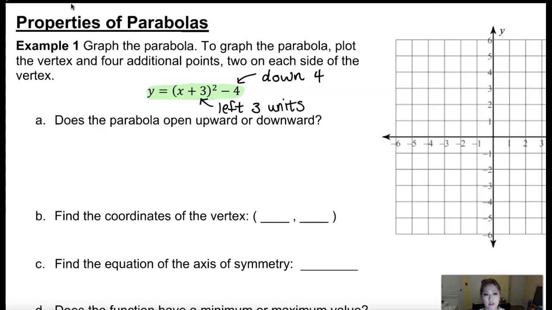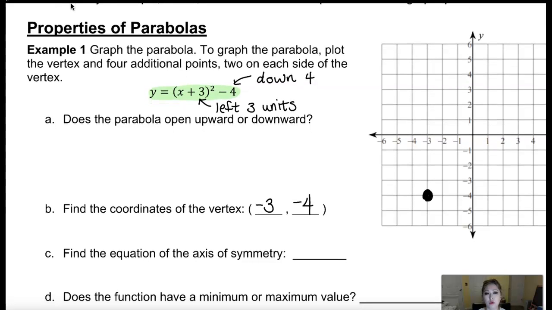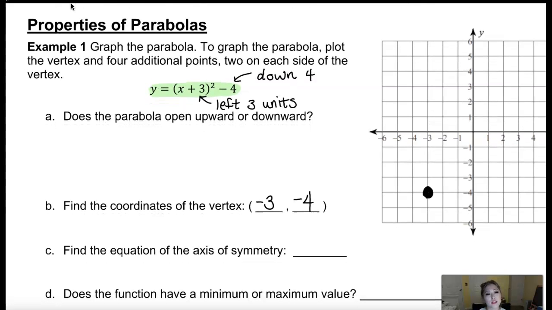So I can graph this. I can go down 4 and left 3, and I know my vertex is going to be right here. Okay? We already know how to find the vertex. Find the coordinate of the vertex. We went left 3, so negative 3 is the x-coordinate. And the y-coordinate is negative 4 because we went down 4. So using what we know about the transformation of functions, we can easily identify the vertex if it is written